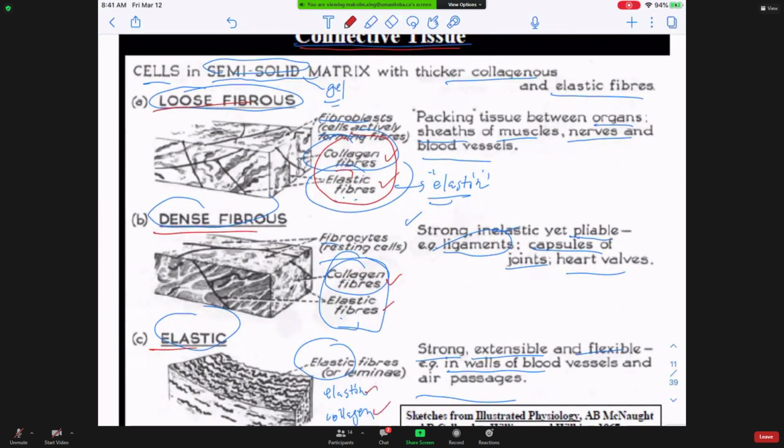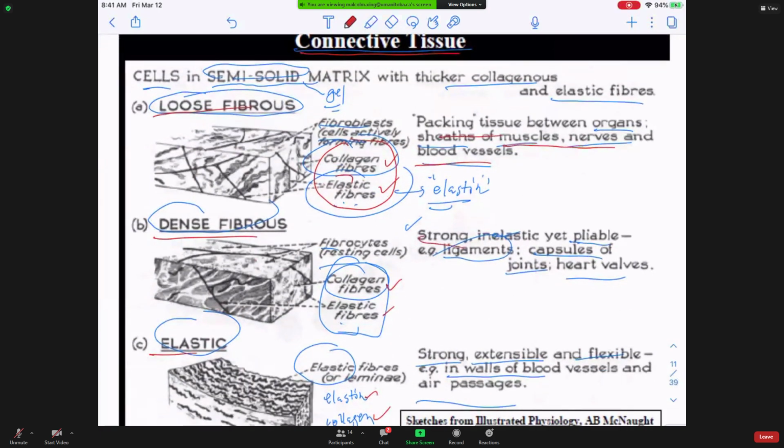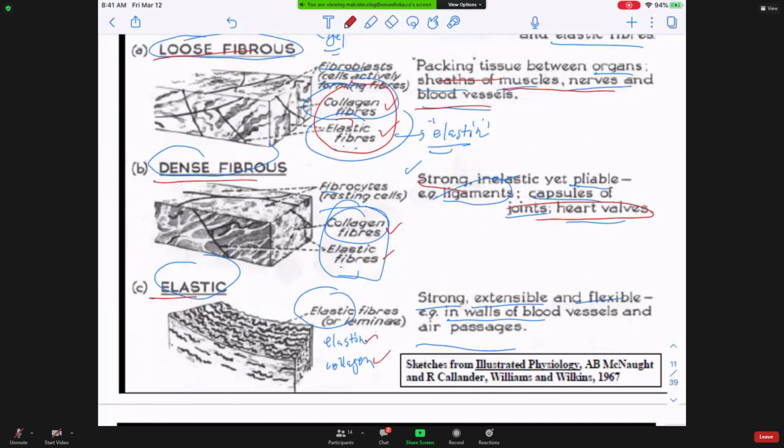So they're different: different densities, and alignment or non-alignment, and the elastin fiber percentage decides the material, whether the connective tissue is loose, dense, or elastic. So we have different ones for muscle and nerve, between the packing tissue and the strong, like in the heart valves, there's dense tissue,